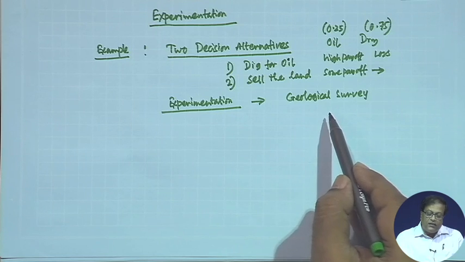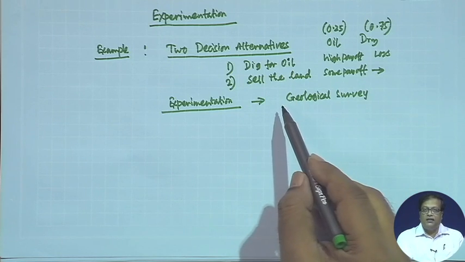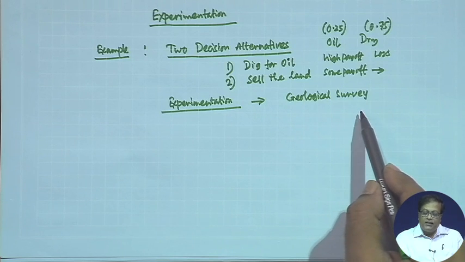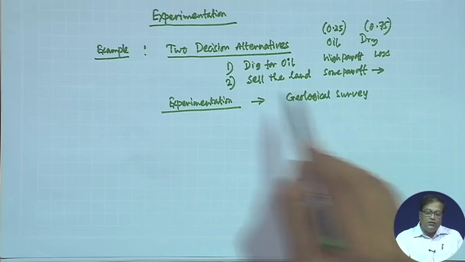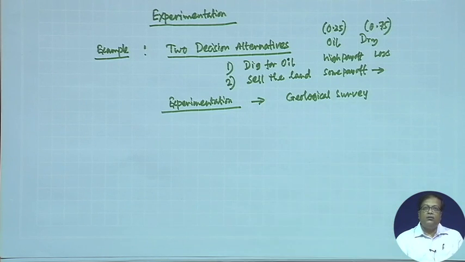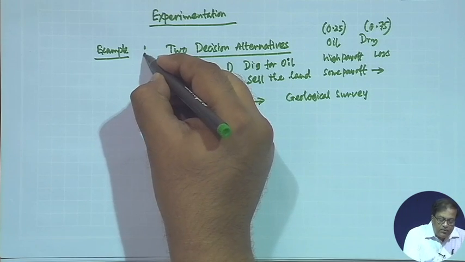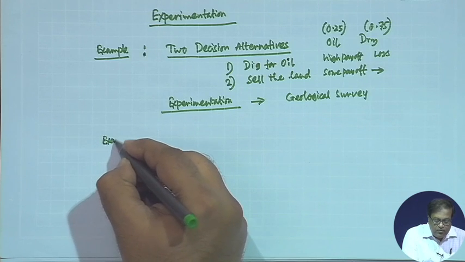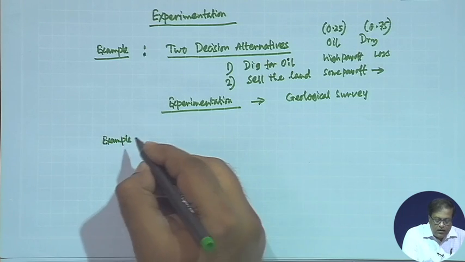If we conduct it, then should we dig for oil or should we sell the land, and if the geological survey tells that it is dry, then whether to dig for oil or sell the land, right. So, this is a kind of example that we can think of. The second example could be that